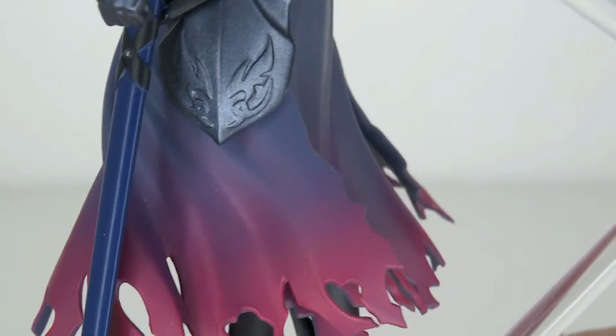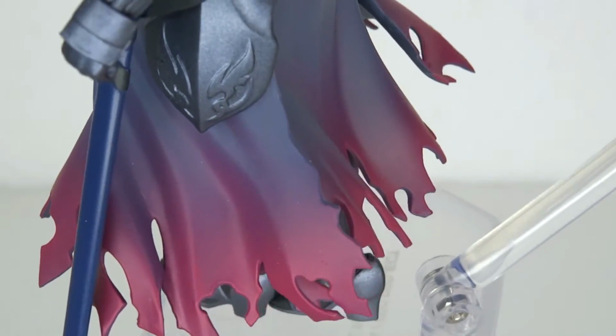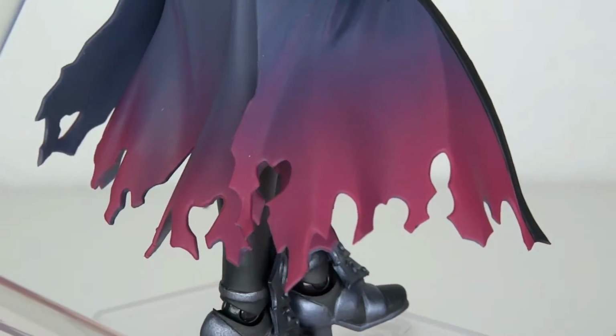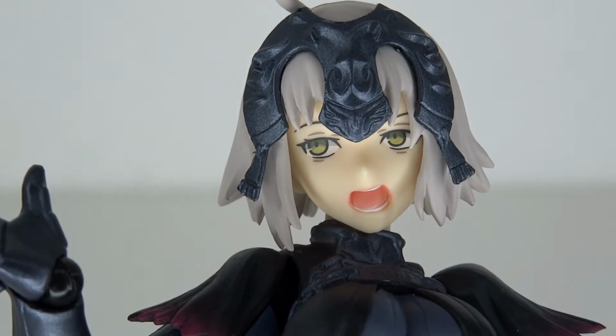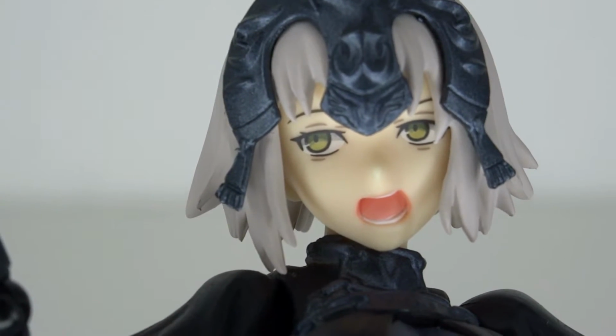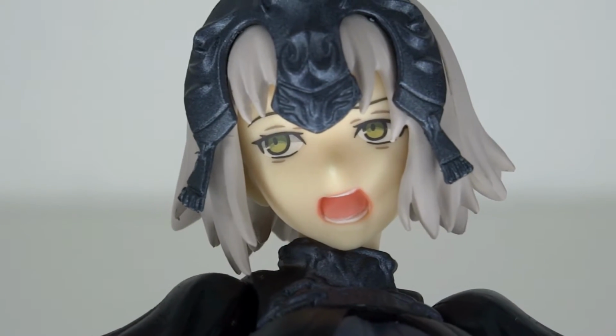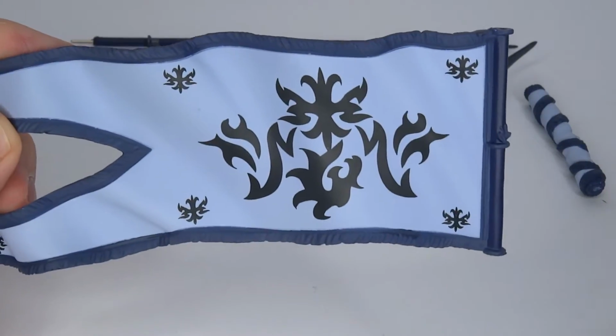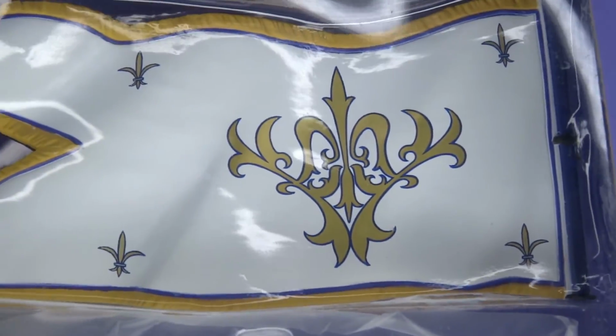It looks nicer, and the paint job, you also got the pink at the tips going over from the dark. And finally, that face sculpt, which is so great for the character, and it just fits. But for the rest of it, obviously, all the accessories are the same. You got the giant flag, you got the sword, so really, there's not much more you can ask for, except